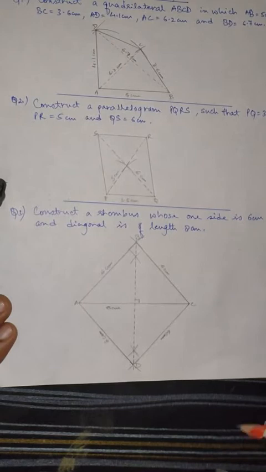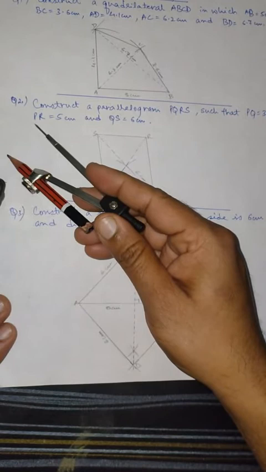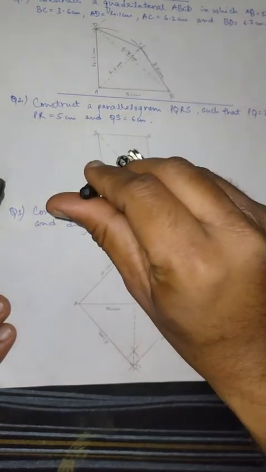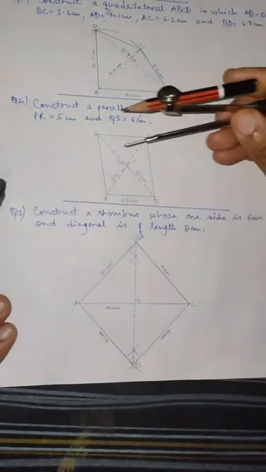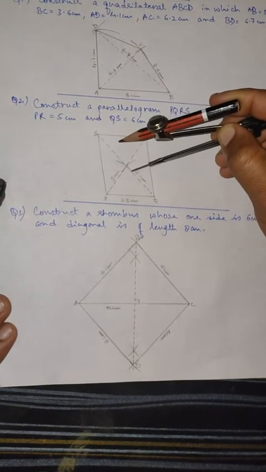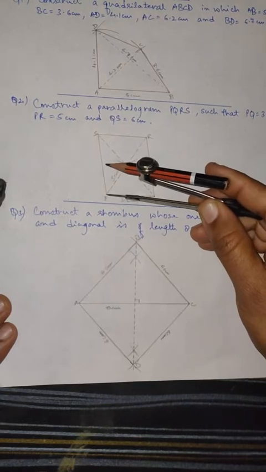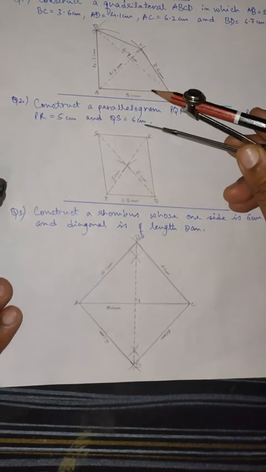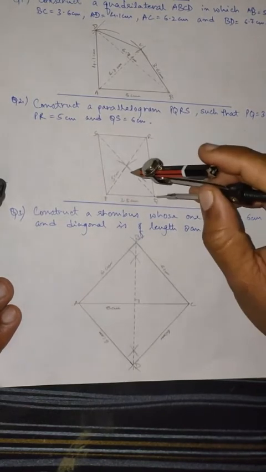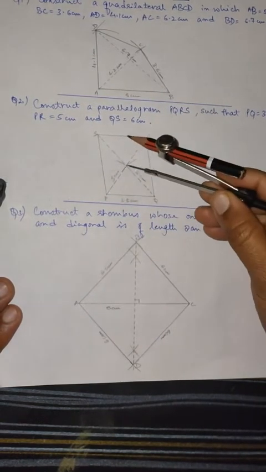and on measuring 2.5 centimeter, because the length of the diagonal is given as 5 centimeter and one of the vertices is given as P, on placing the pointer at the vertex P, I'm going to mark 2.5 over here. That is the arc that I have marked as 2.5 centimeter, by placing the pointer of this compass at the vertex P. Similarly, I'm going to measure 3 centimeter on this compass with the help of a ruler, place the pointer over here and mark a 3 centimeter arc, that is this arc, you can see it over here.